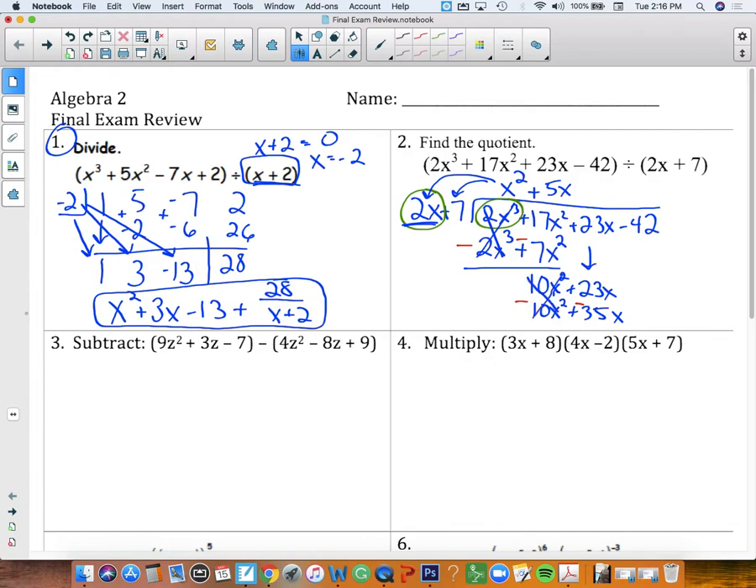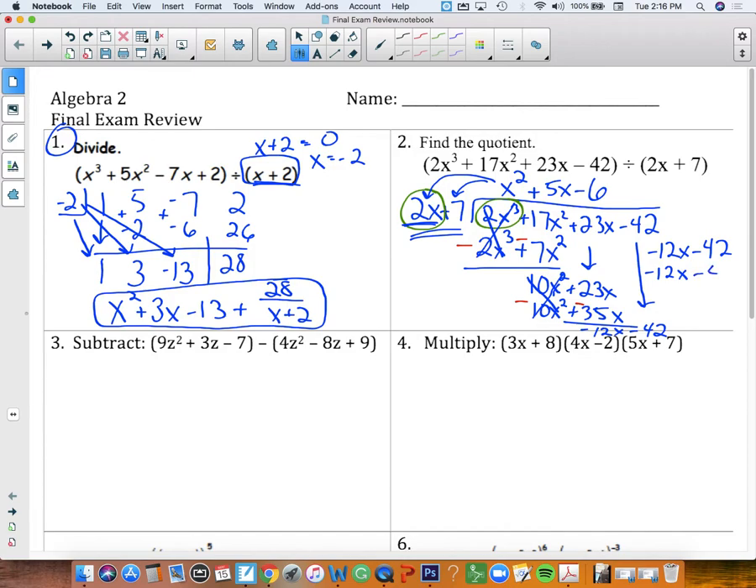So the 10s will cancel. I'm left with -12x minus 42. I'm running out of room here. So I dropped that 42 down. How can I make the 2 into a -12? That'd be a -6. So then I'll have -12x minus 42. I'm just rewriting that stuff on the bottom. Take that -6 through here. That gives me a